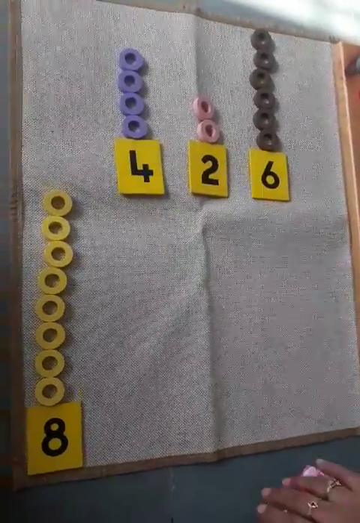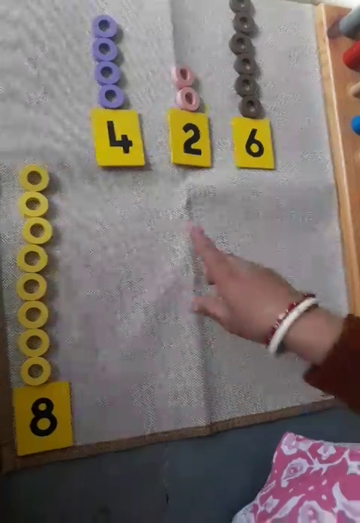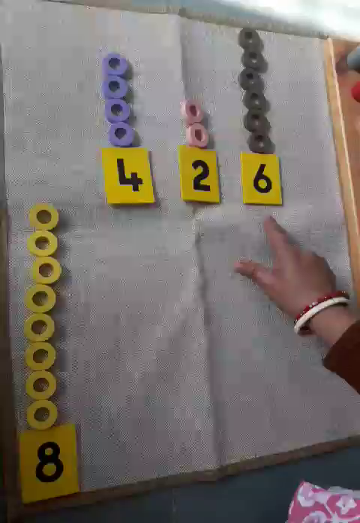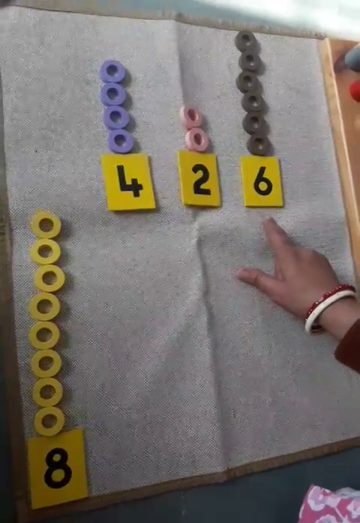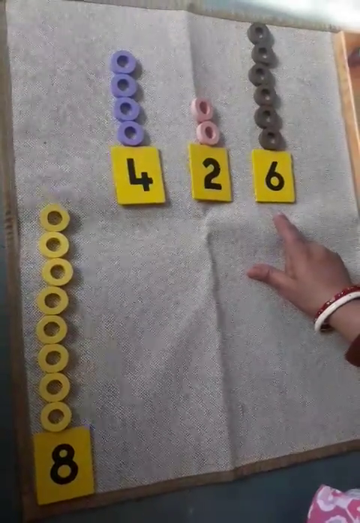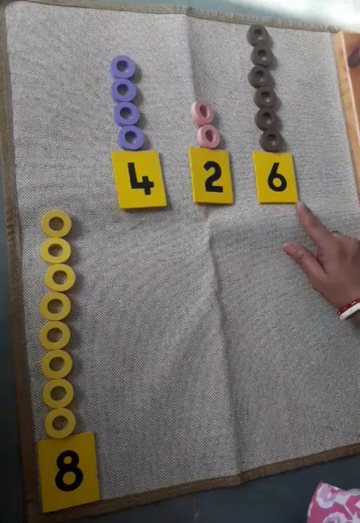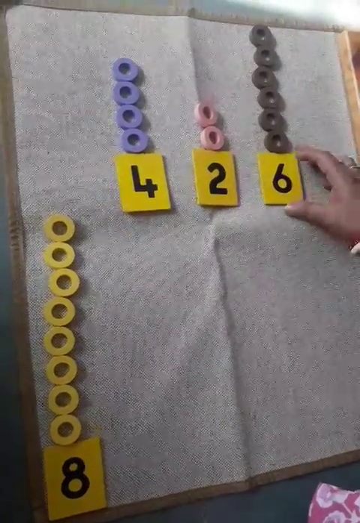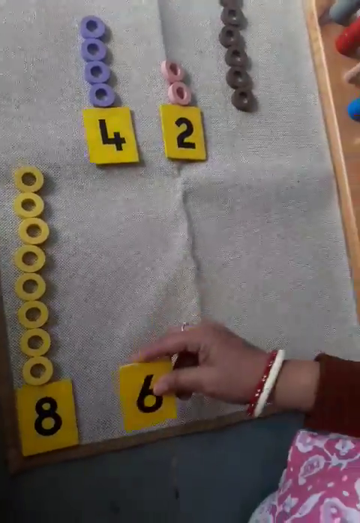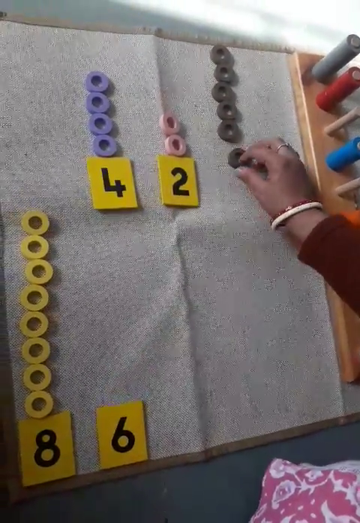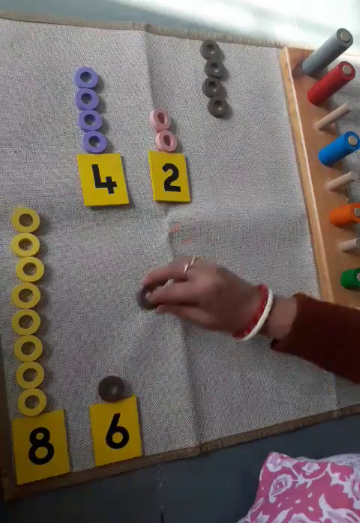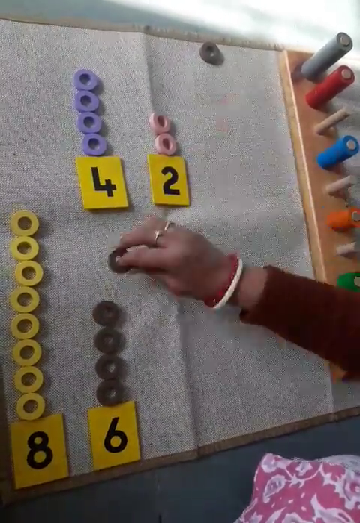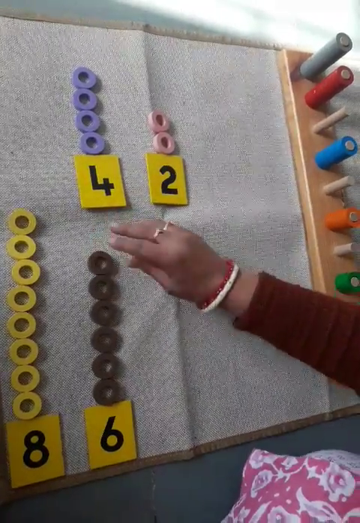Okay kids. Now which number are we going to take? Yes, we are going to take the big number from these 3 numbers. Okay, so which is the big number? Let's compare. Which is the big number? Yes, 6 is the big number because it has more quantity, right? So we have to put it after 8 with its quantity. 1, 2, 3, 4, 5 and 6.